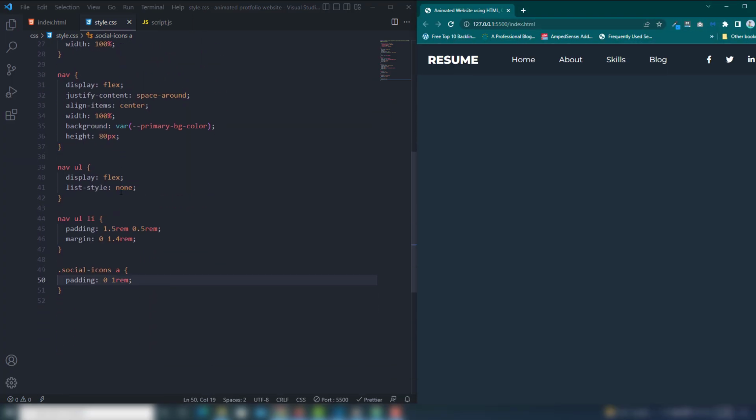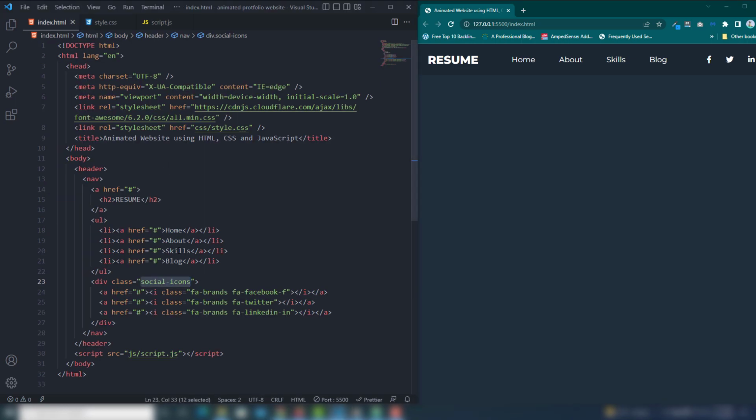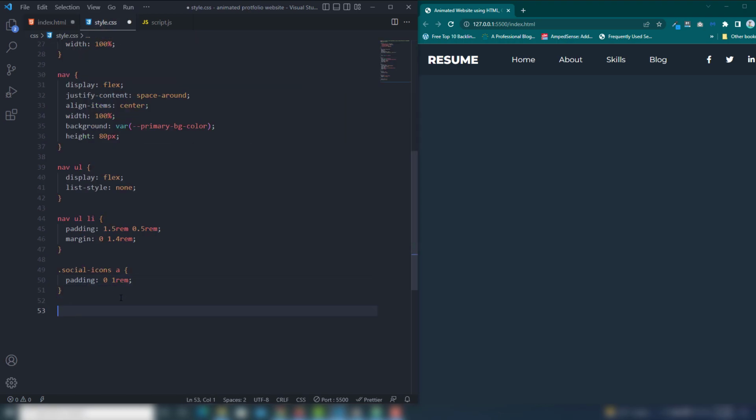Also we need to manage this one logo, so I go to my logo section and say that I'm going to use the logo class on there, and the class will be logo. So we need to target the logo.